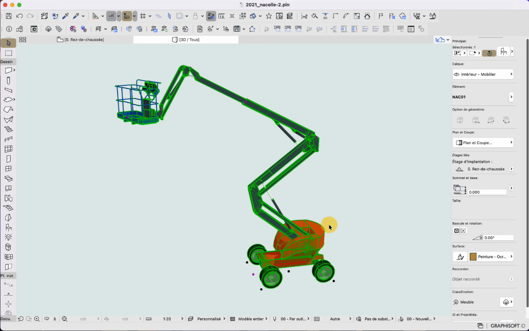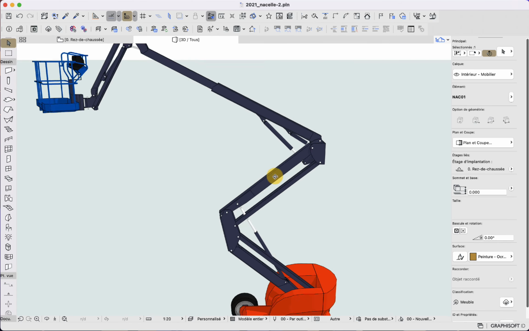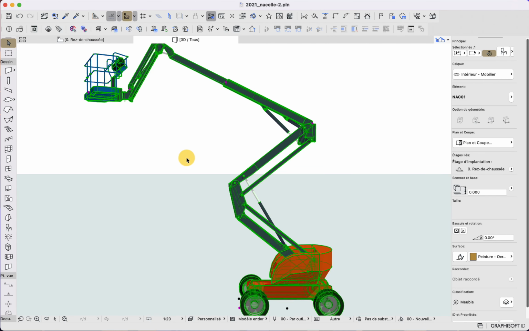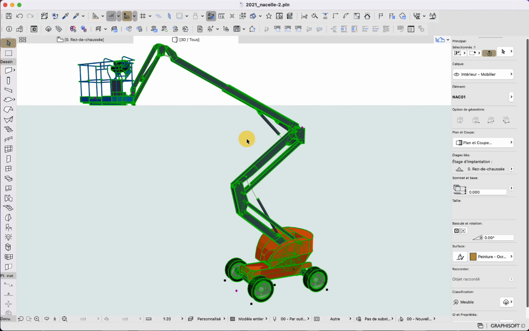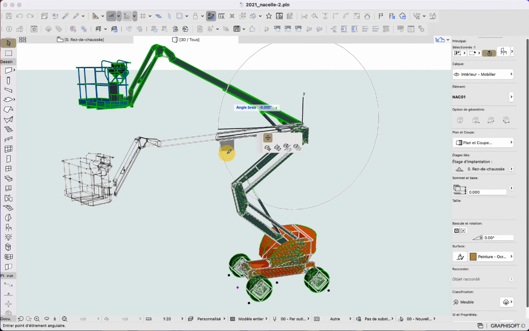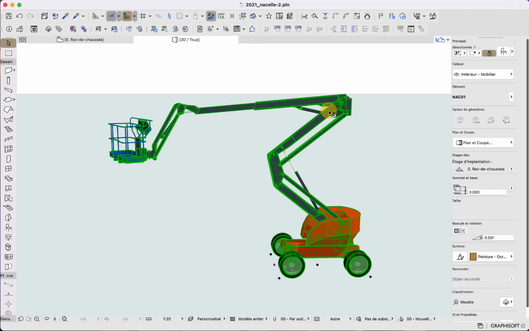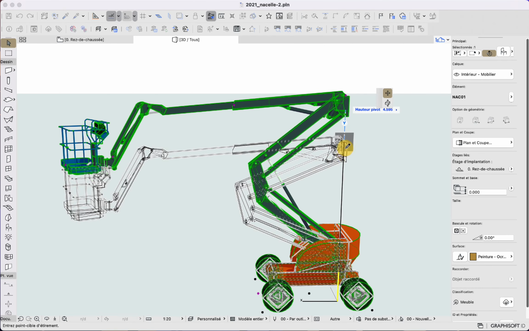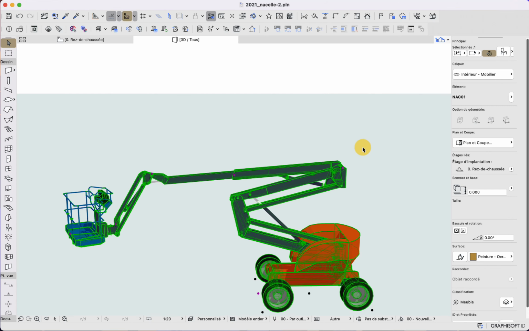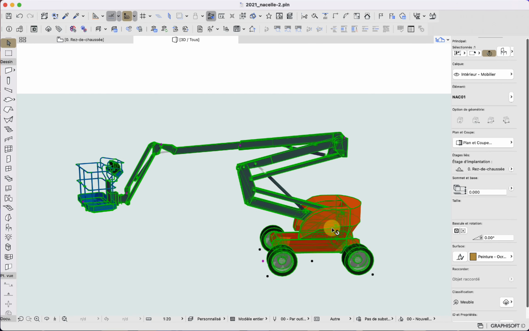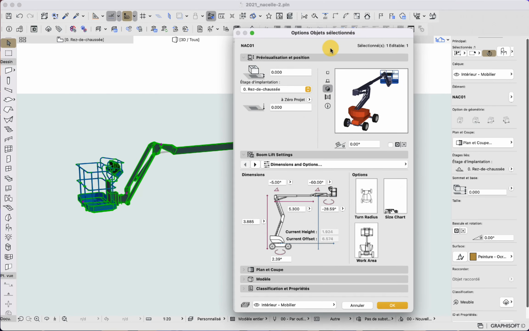So really, this is all the trigonometry, and the accuracy of the kinematics was the big challenge for this object. I am quite proud of how it turned out because it looked quite nice when we manipulate the object with the dynamic hotspots. But doing so in 3D is quite fun, and we could also do it with the option panel. In this option panel, we can see all the dimensions that are parametric, and we can also see some technical options that are more visual helps than anything else.